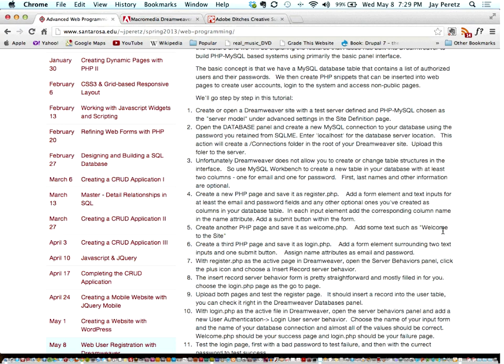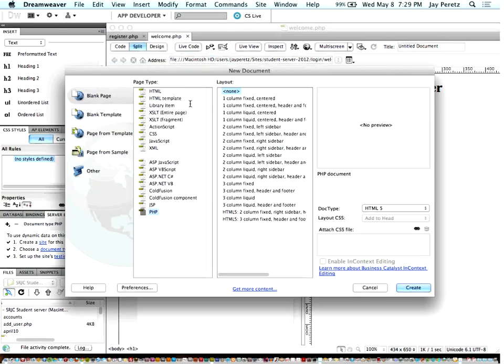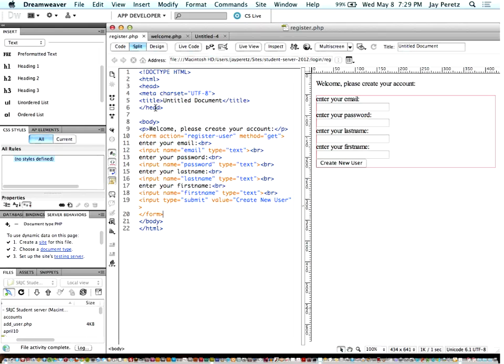So, create a third PHP page. Enter some text such as welcome to the site. Number 6, create a third PHP page. Save it as login. This is the page where you're gonna type your email and password to log into the website. Right? So right now we're just setting up the HTML pages, and we're going to apply the behaviors to them in a minute. So create a new PHP page, and literally we could probably take